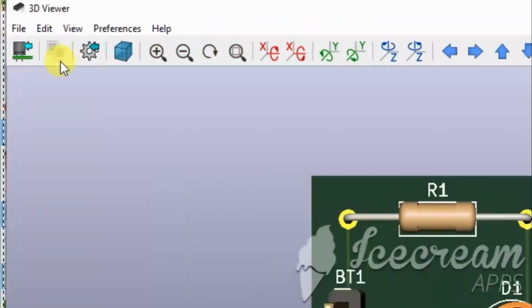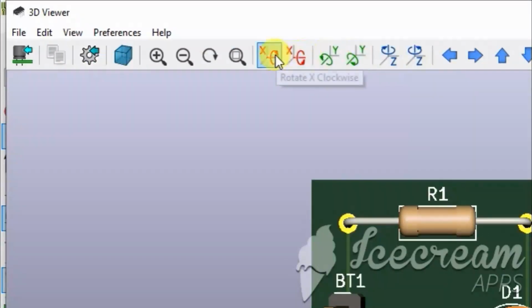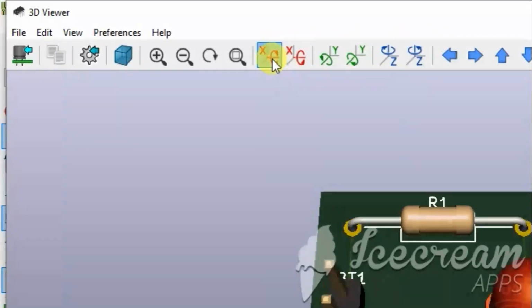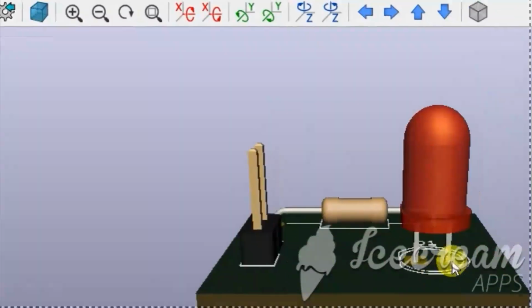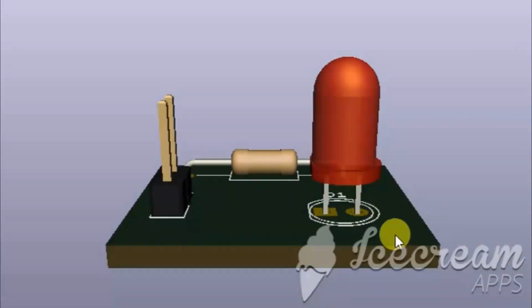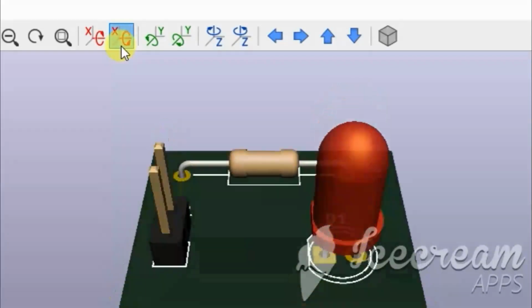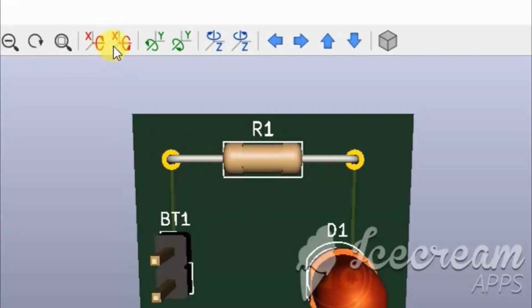And next these are all the tools. This tool is rotate X clockwise and this tool is rotate X counterclockwise, and there are all six tools for rotating your PCB 3D view. I am rotating this. Your PCB rotates to all sides.